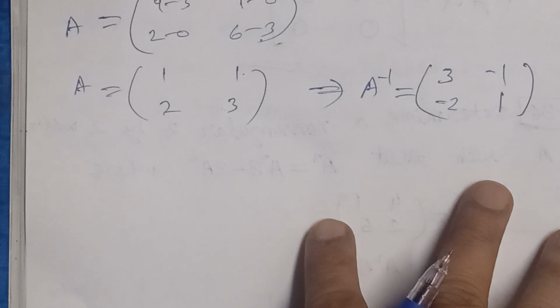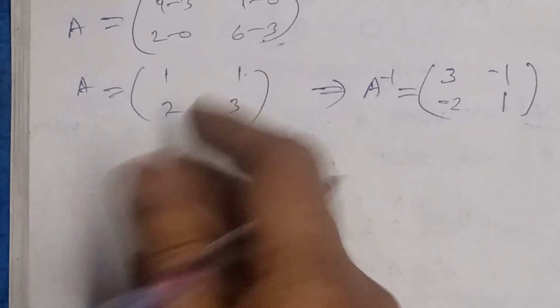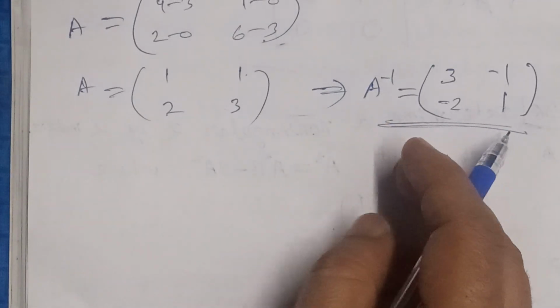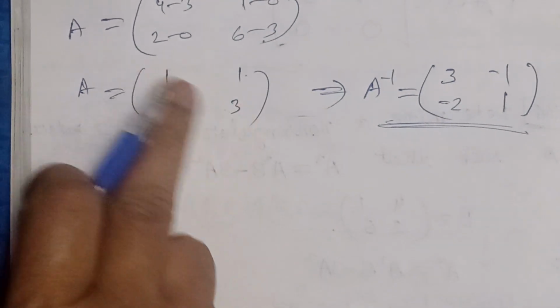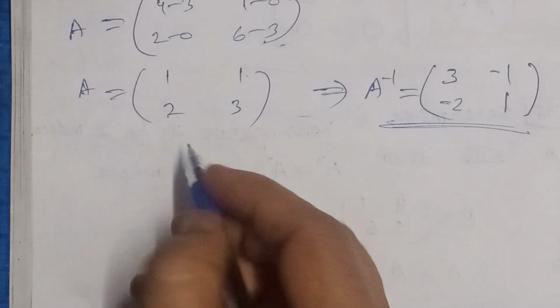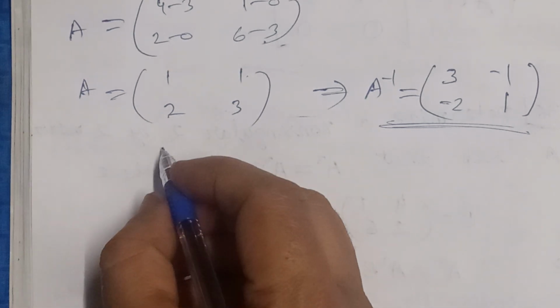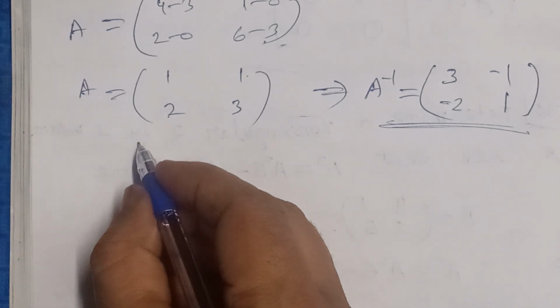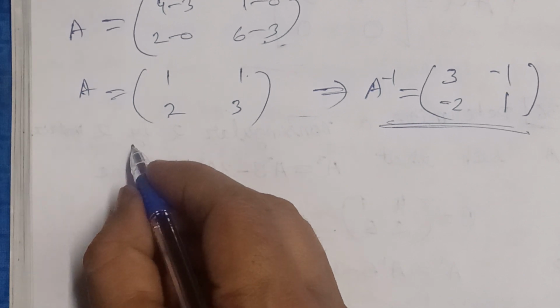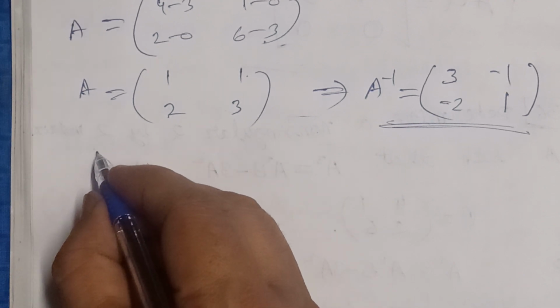There are many methods. You can choose any one. So I write this direct value by interchanging these values and changing the sign, or you can write it as